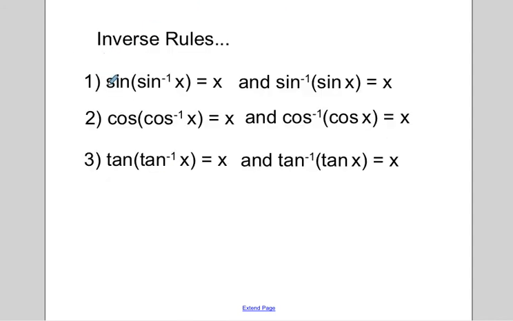Inverse rules: sine and sine inverse undo each other. They cancel each other out, so you're left with sine. Same thing with cosine and cosine inverse. They undo each other. That's why when you would set up problems like maybe we had a tree problem